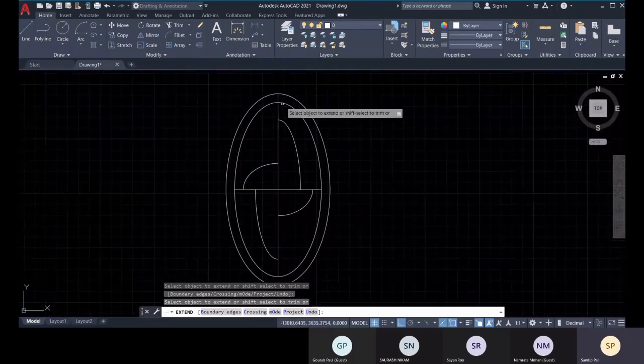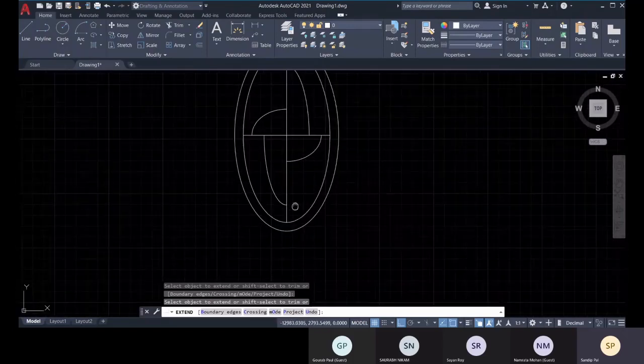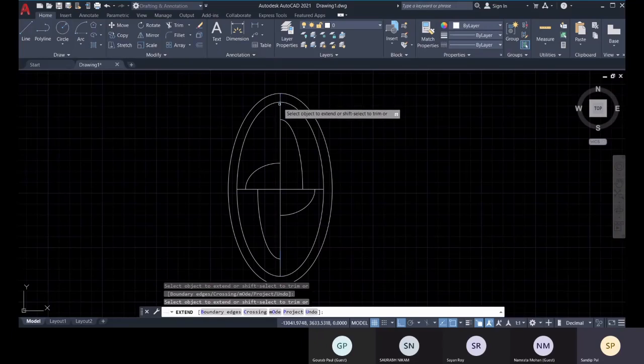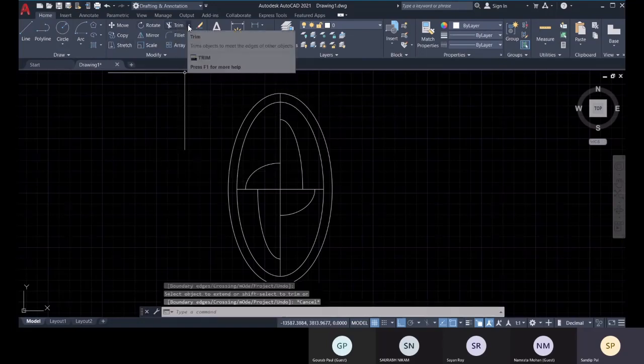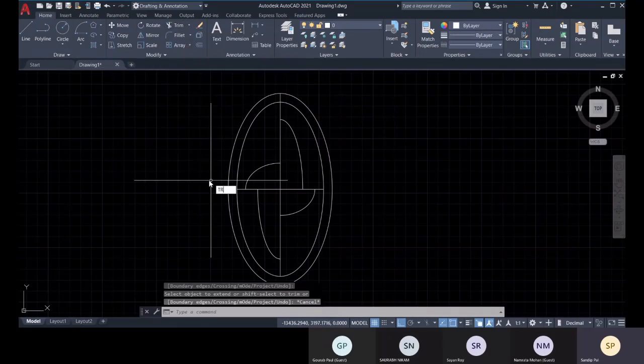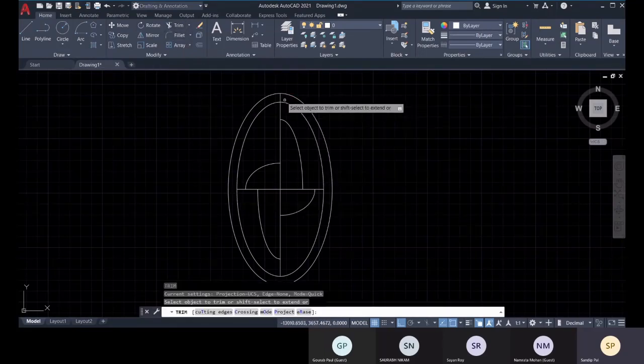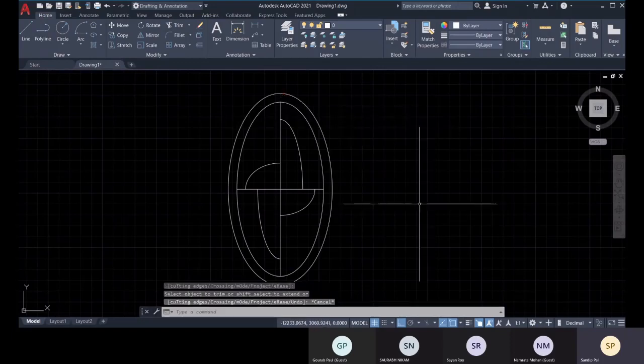and suppose you need to trim this part, you need to trim that part. So for that you can go with the shift key. You are right now in this extend, and if you hold the shift key, you can trim within this extend option. But you can also go with this trim option. TR is the command, or else you can go with this icon also. So TR is the command, and here you click on this and it will be trimmed. Okay,